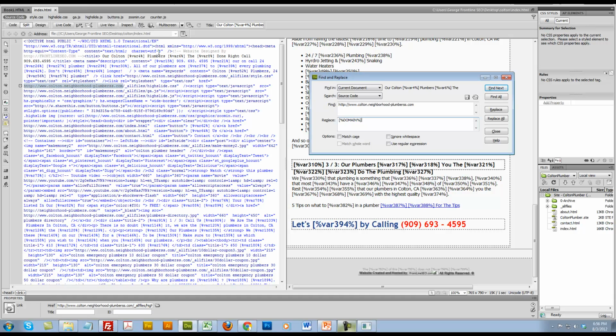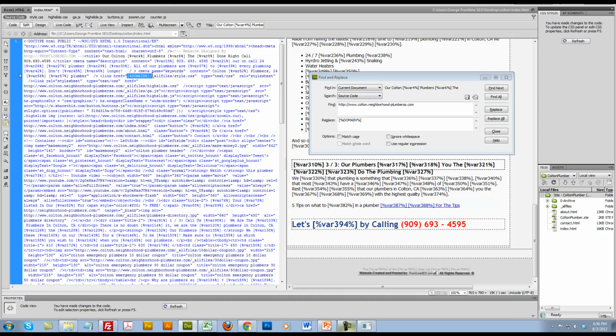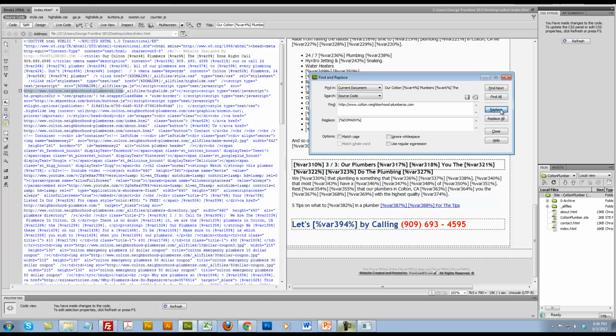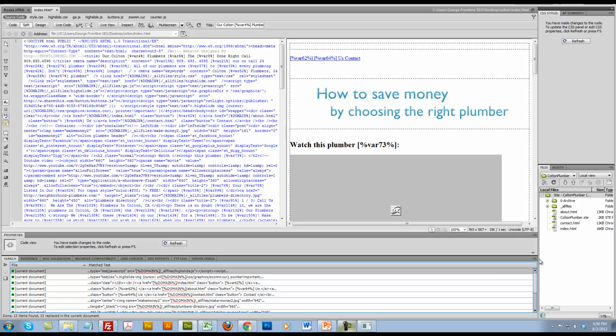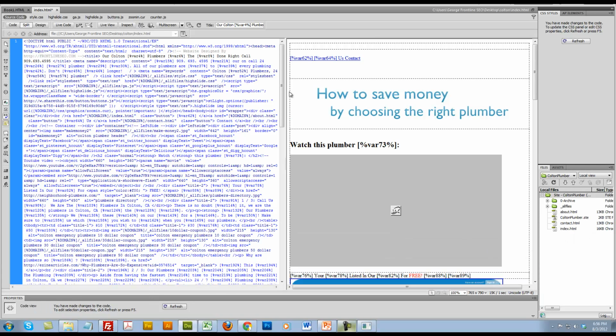And I want to replace that. So I'm going to click up top real quick and find next. And there's the first instance of it, and I'm going to replace. And it looks good. Everything looks good. Find next, replace, replace. Okay, it's replacing correctly, so now I can just hit replace all. You see all this? Replaced every instance of